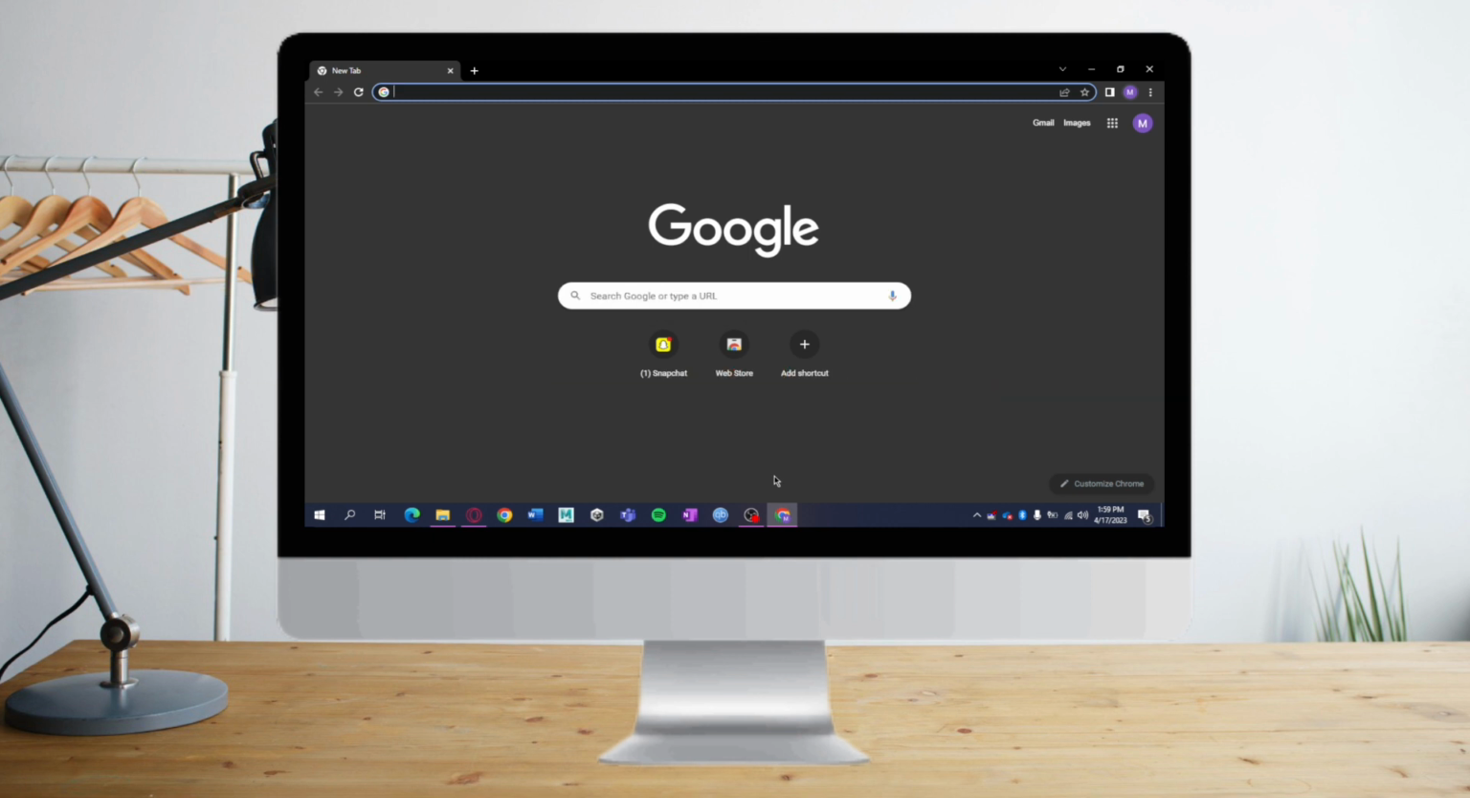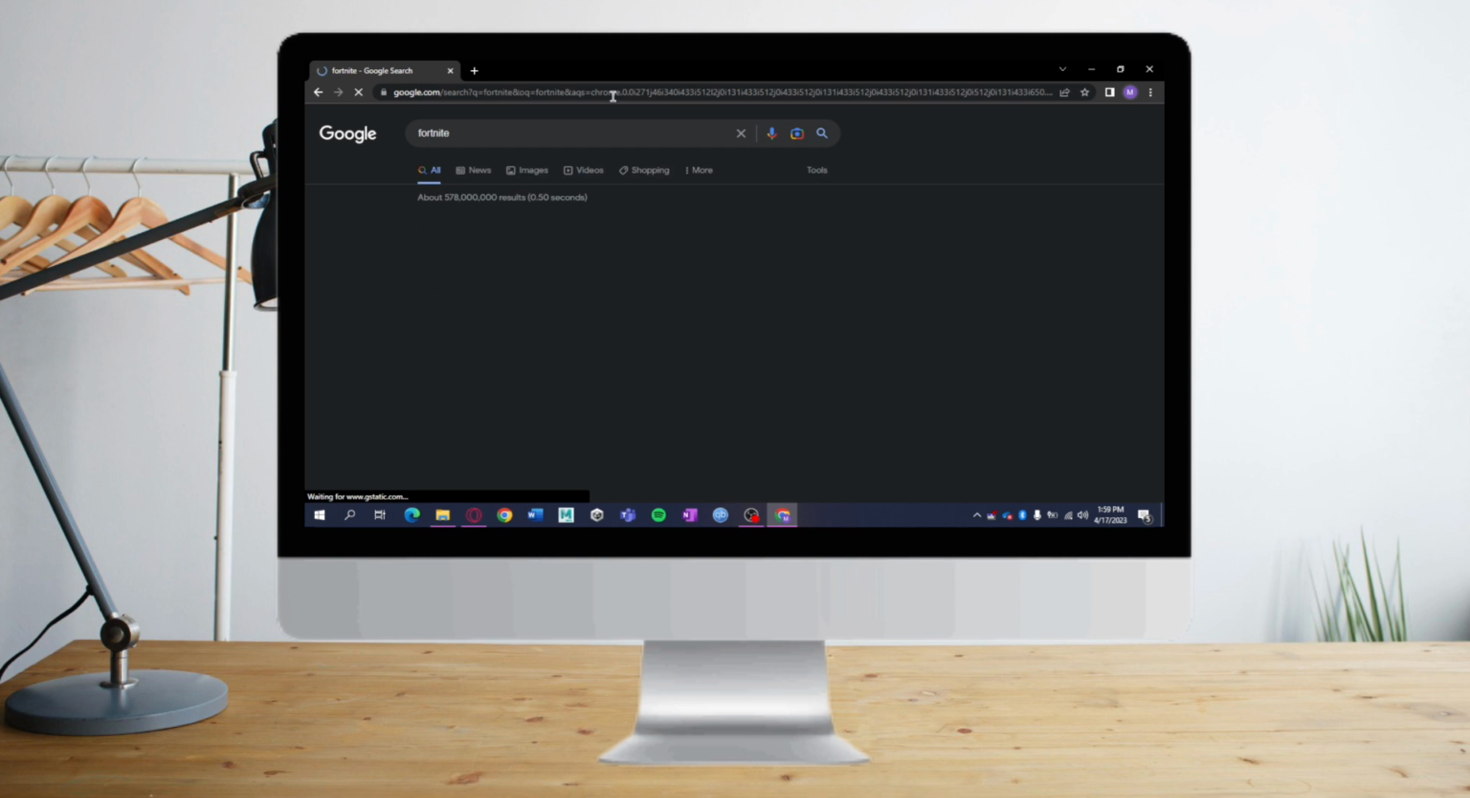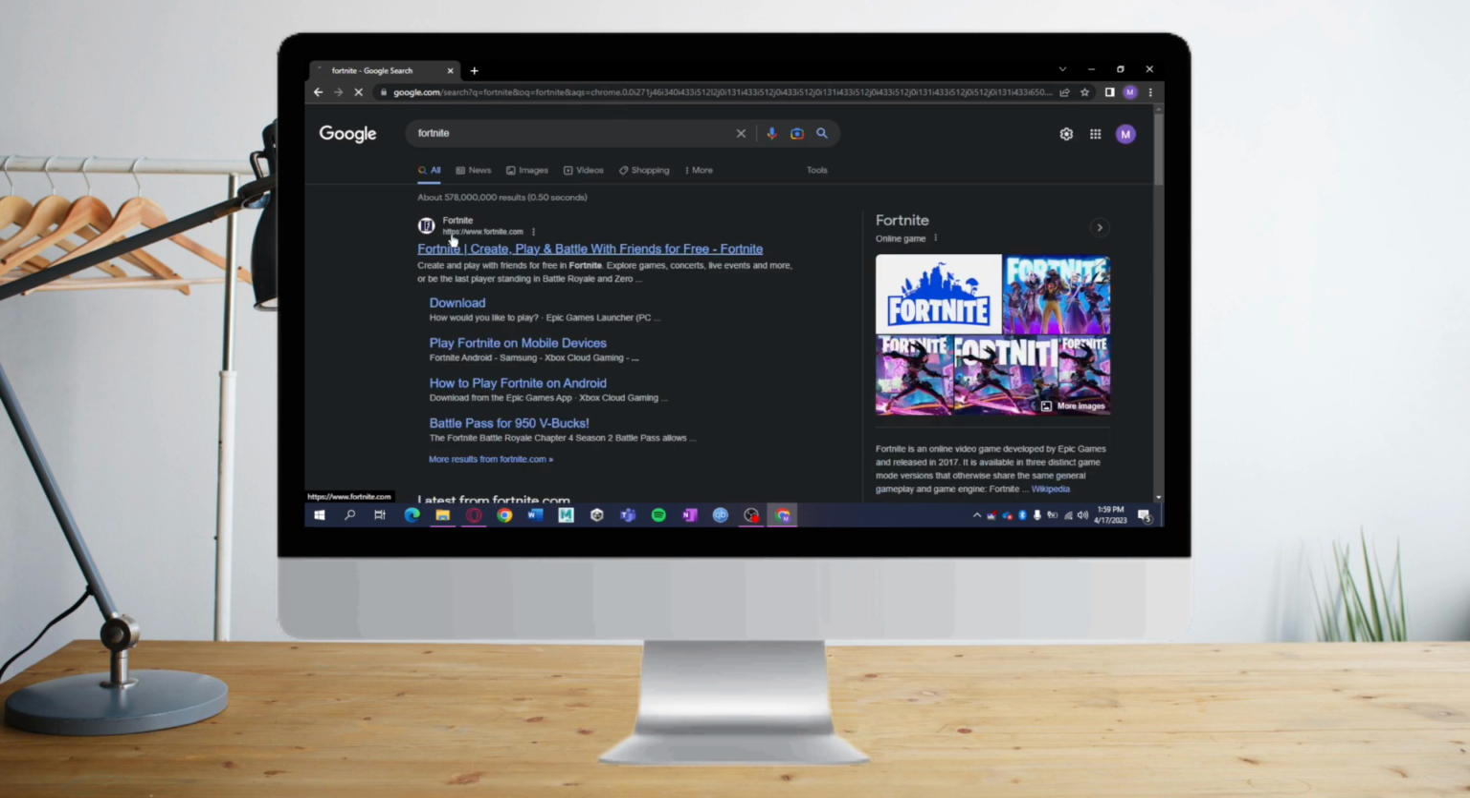So in order to do that, just head over to our browser, and what you need to head over to is this URL link right here and search for Fortnite. And once you're in there, you can see this official website of Fortnite, which is fortnite.com, and you can see under here the download button. Just click on that,